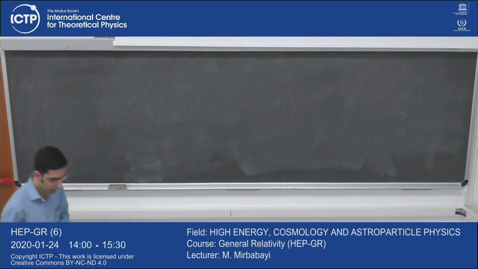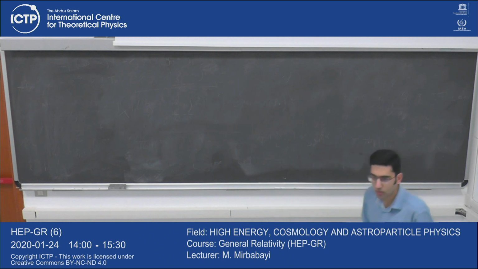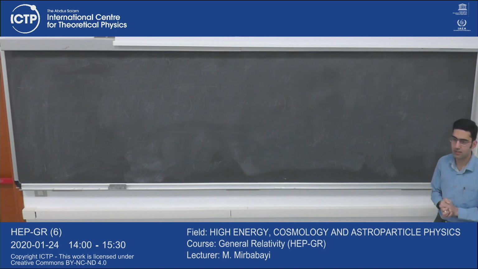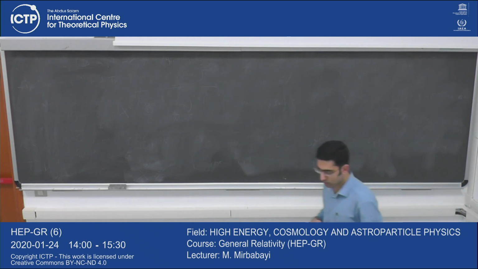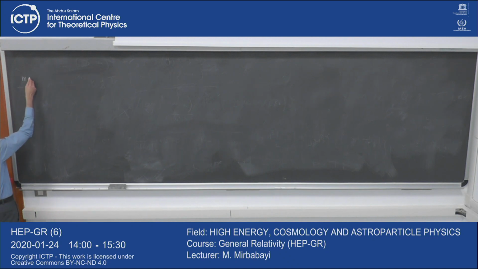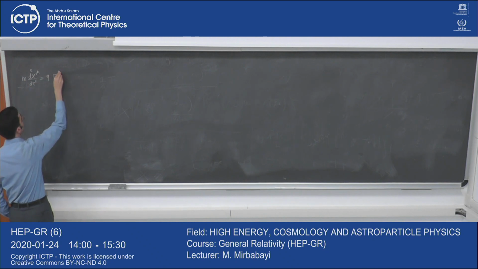Okay, so in the last section we derived the equation of motion for a charged point particle by varying an action. Now today we want to verify that this equation reduces to what we expect from non-relativistic mechanics and Maxwell theory. So the equation that we obtained in the last section was m d²x^μ/dτ² is equal to q F^μ_ν